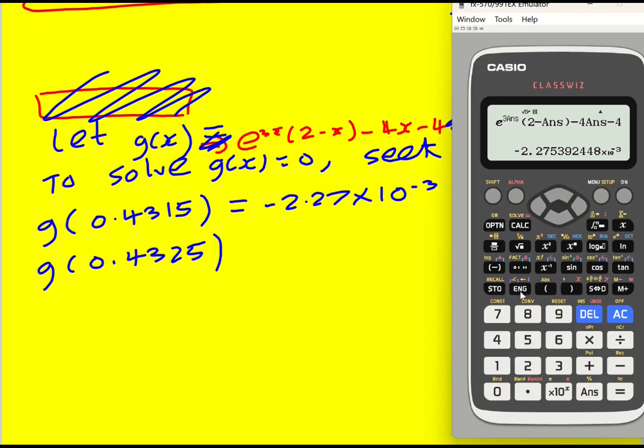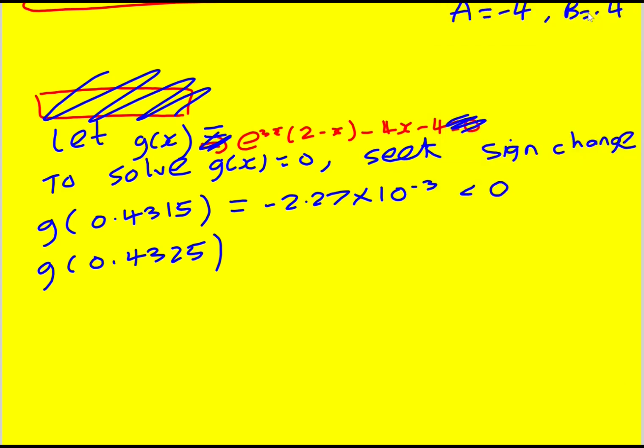Do the same with the other one. 0.4325 answer. Great thing is I can just press up and go back to this formula. Press equals, so I don't have to type the whole thing in again. 7.26 times 10 to the minus 3, and this one's greater than 0. So there's a change of sign,